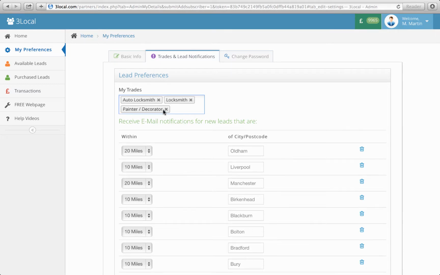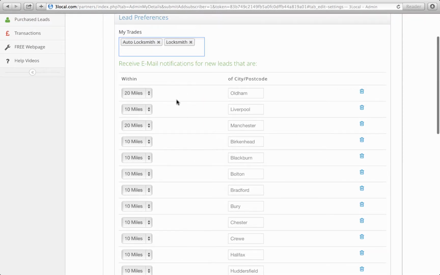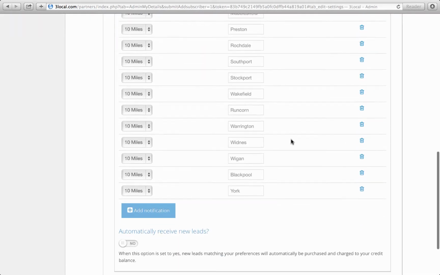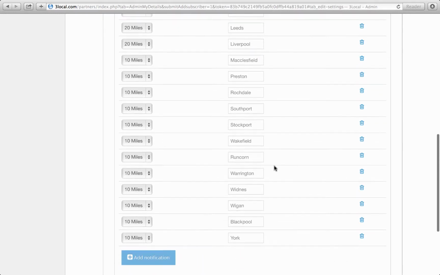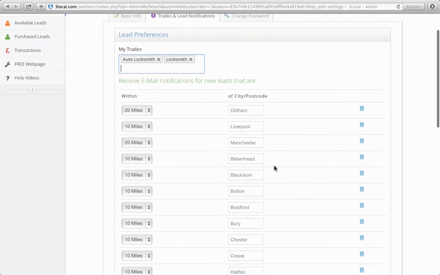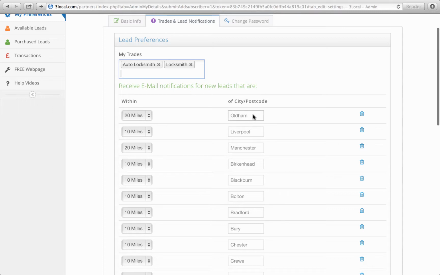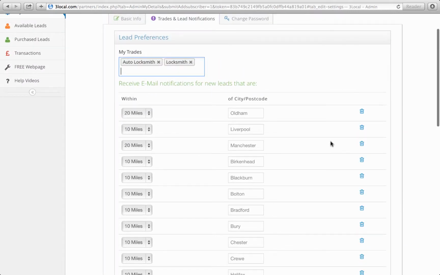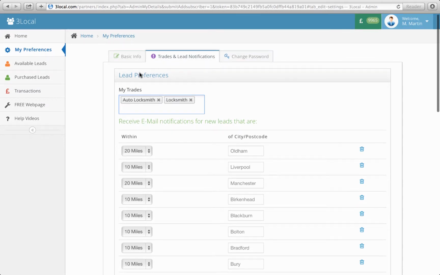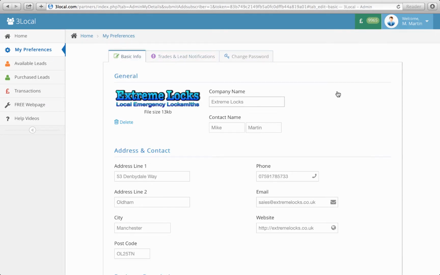Now on this client, you can see it covers most of the northwest. So you've got York, Blackpool, Wigan, Widnes, and so on and so forth, and it covers most of the northwest UK. Now the reason it's set up the way it is, rather than just putting Manchester, which is quite central to all of these, within an 80-mile radius or a 40-mile radius, and receiving all these leads, the reason this is set up the way it is, if we go back to basic information and you look down the bottom,